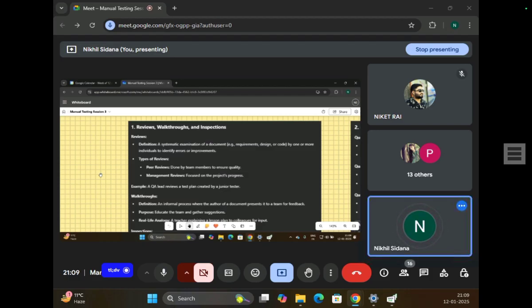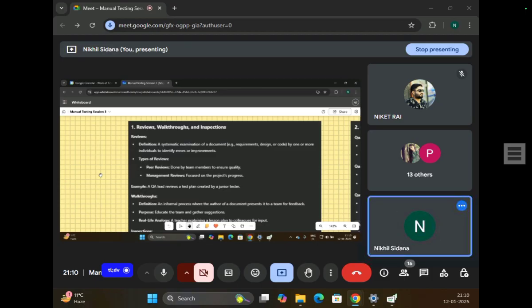This can be a requirement document, a design document, or a piece of code. Reviews are done by one or more individuals. It can be done by one person or by other persons. This is usually done to identify errors and make improvements in the requirement document, design document, or piece of code.